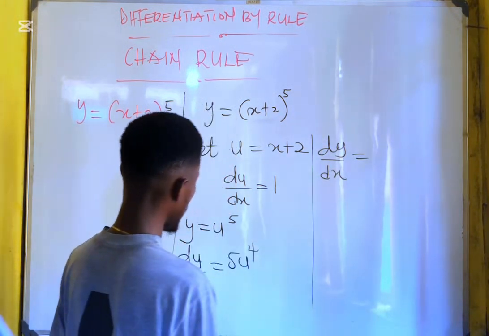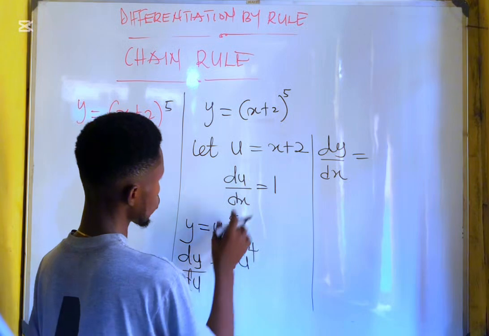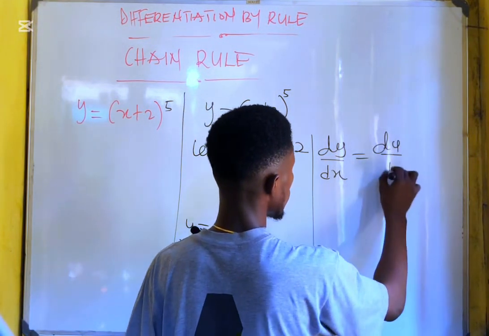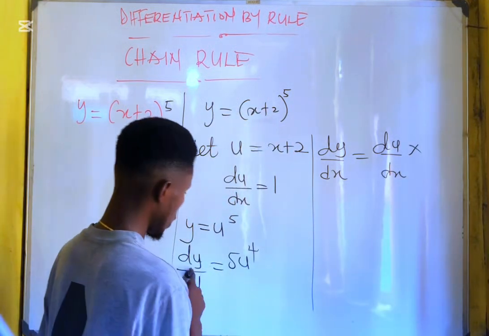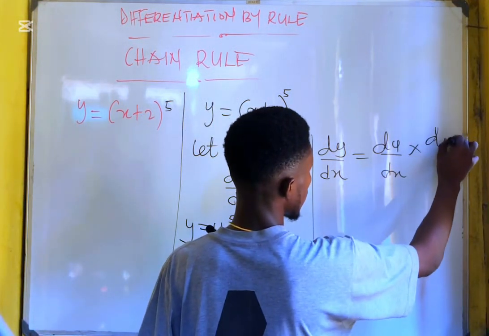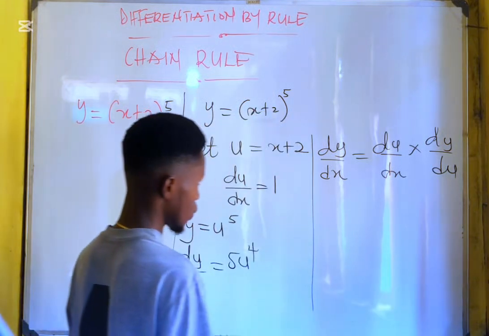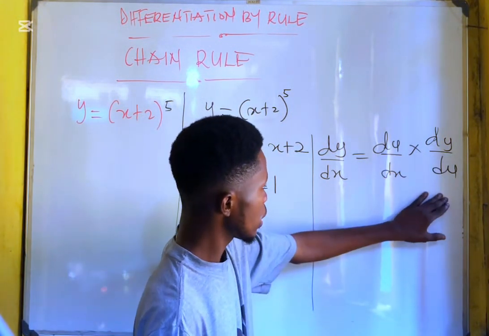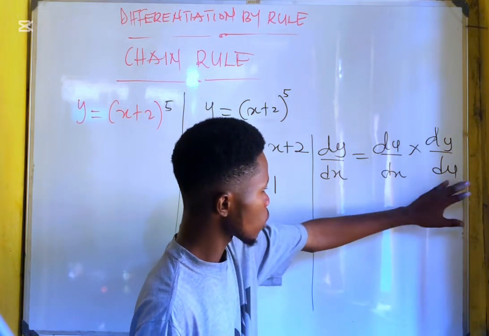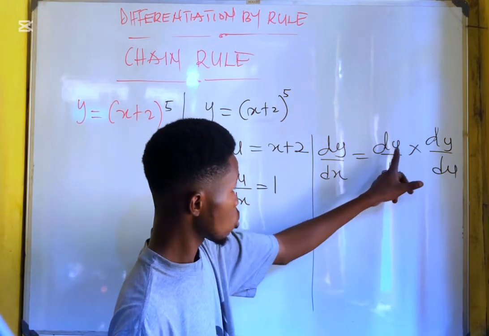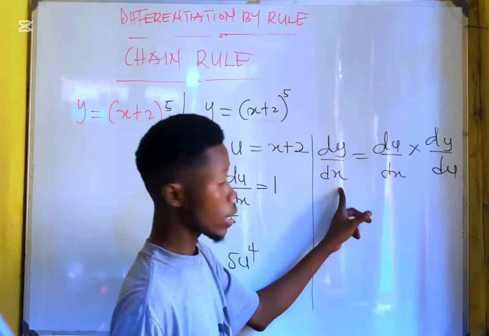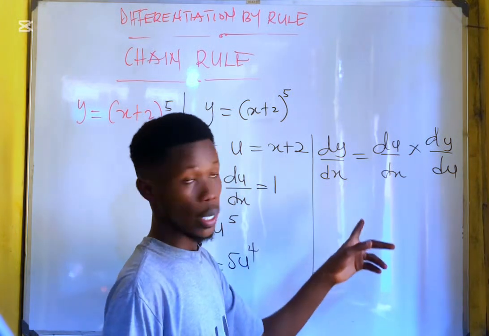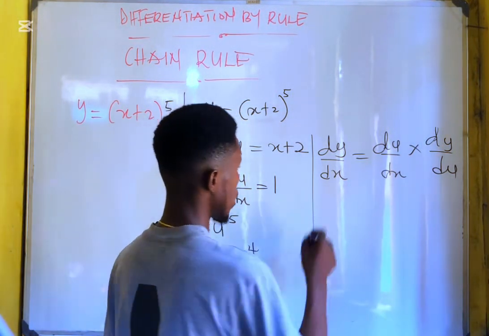But the question will ask you to find the dy/dx. So for you to find the dy/dx, you are going to multiply this one and that one. So this side was du/dx times this side, which is dy/du. Look, when you finish and you multiply this to this, the du has to cancel to get dy/dx. Have you seen that? So this one will cancel, leaving dy/dx, which is here. If you multiply and it doesn't cancel like that, it means that there's a problem with it. Okay. So now that we are done with this,